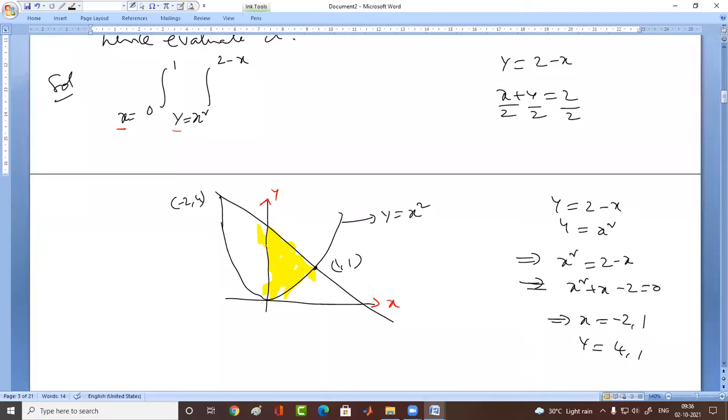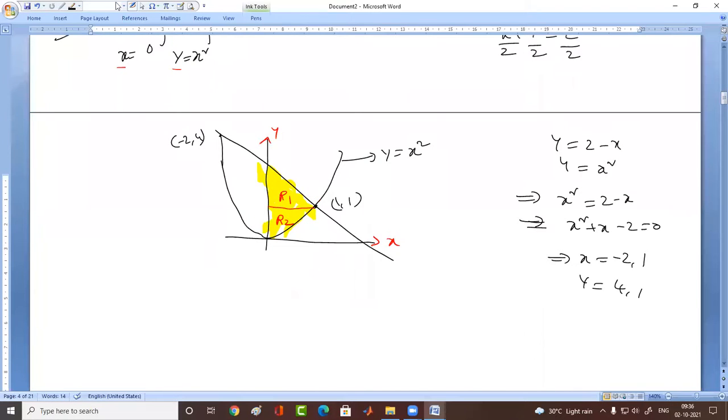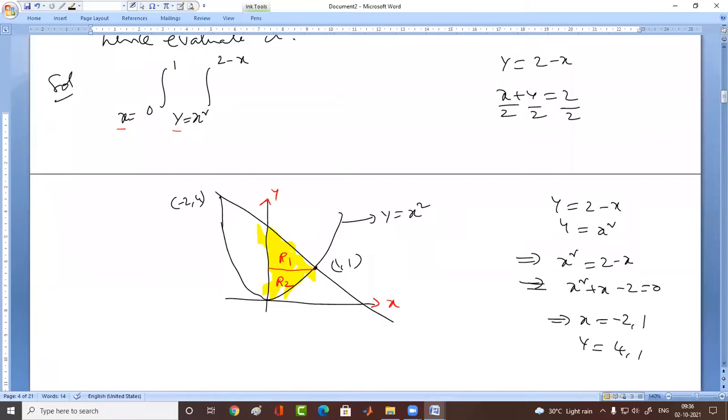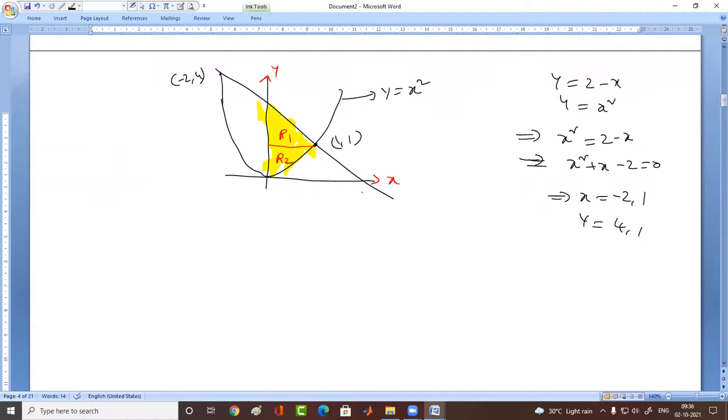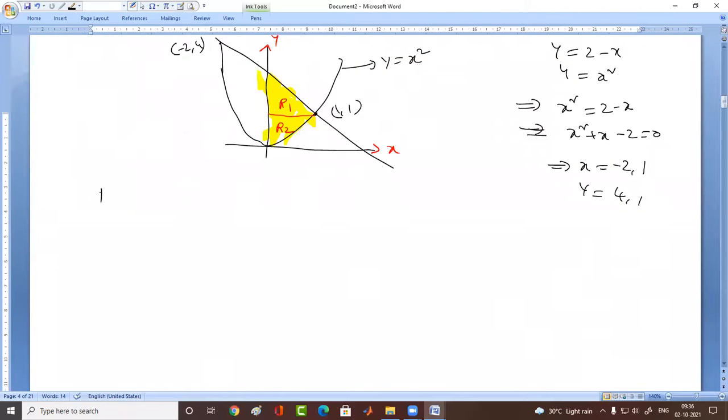If you observe along x-axis, here straight line and this is parabola. So again divide into two regions. Upper region is R1, lower region is R2. Again it is divided into two parts. That's why this is also a most important question. So the total region is divided into two regions, R1 and R2. That's why, what is the limit? By change of order of integration,